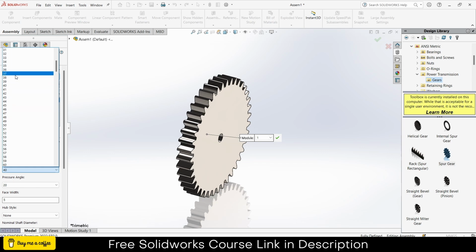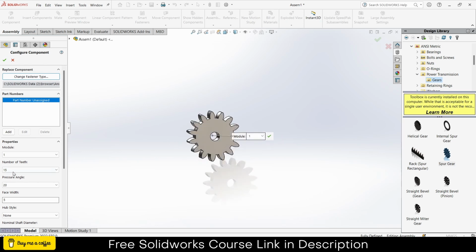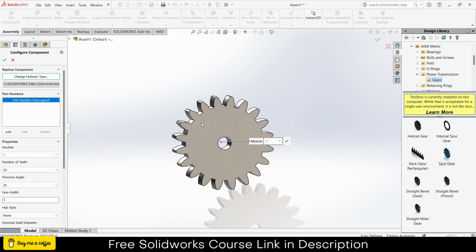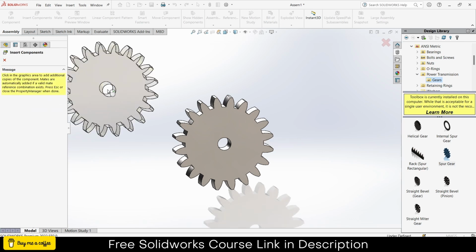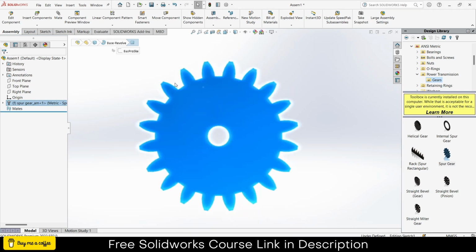Decrease the number of teeth. In my case, 15 is fine. Let's make it 20. 20 is fine for me. Okay, after that I will click OK, close this, select the part, click on sketch, click